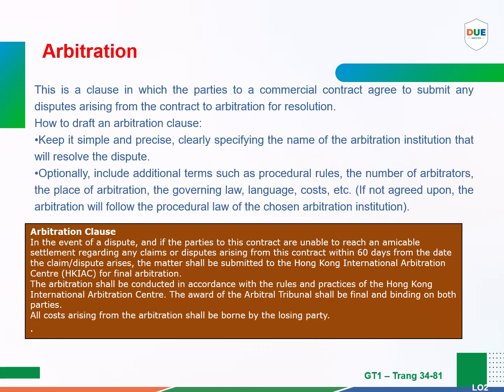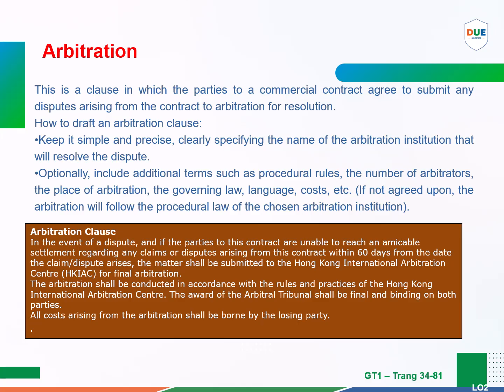When drafting an arbitration clause, the most important requirement is that it should be concise, clear, and precise, especially specifying the name of the arbitration institution with jurisdiction to resolve the dispute, such as the IAC, SRC, or ICC. Failing to clearly specify or incorrectly naming the arbitration institution may render the clause invalid or difficult to enforce when